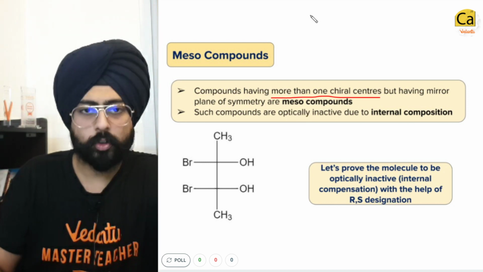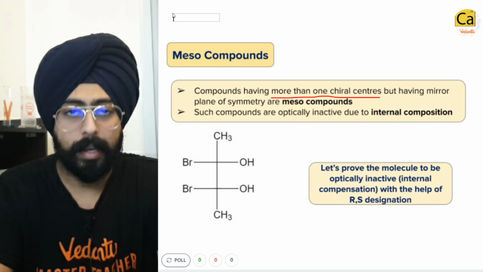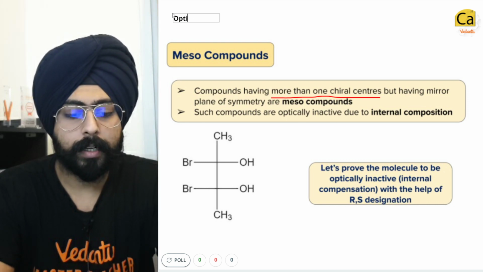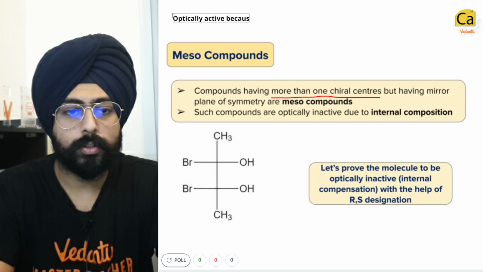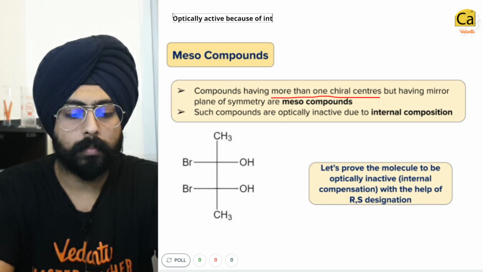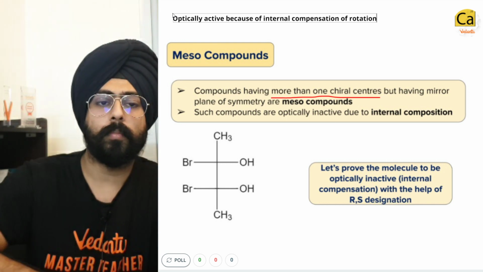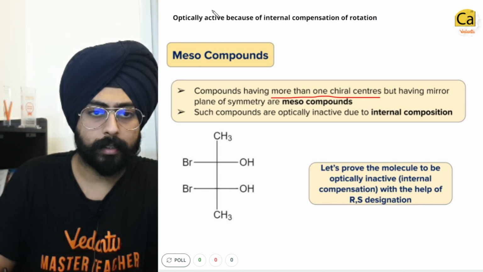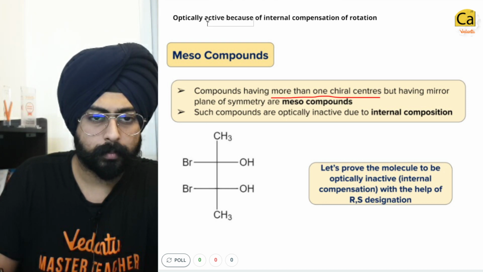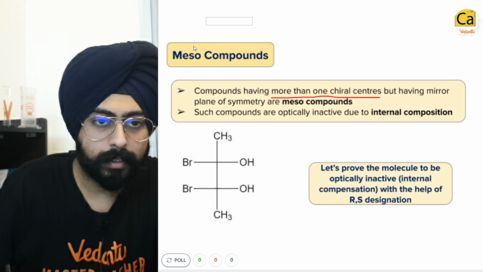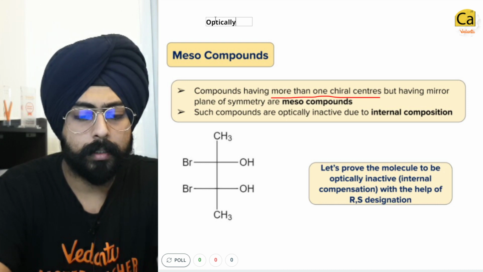Okay? So for mesocompounds, one statement is used. I'll just write that statement and I'll explain it to you. Mesocompounds are optically active because of internal compensation of rotation. For meso compounds, this is a statement that is always true. Optically, oh, what did I write here? Hold on, people. Optically, oh yes, optically inactive